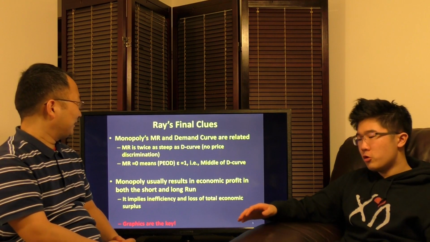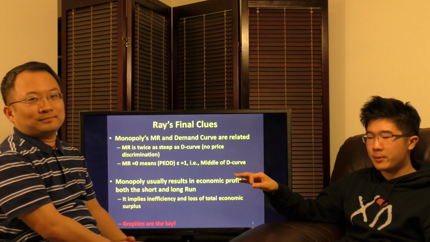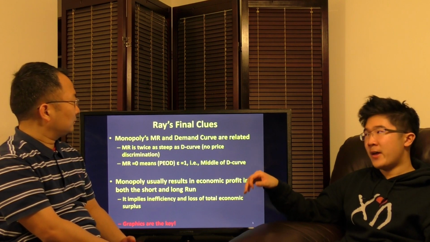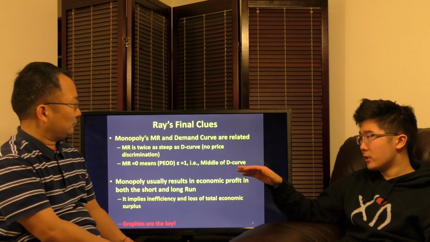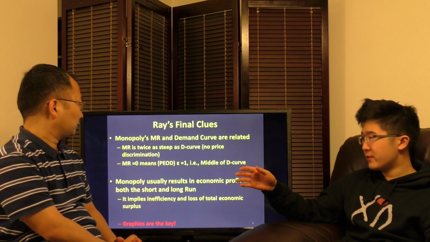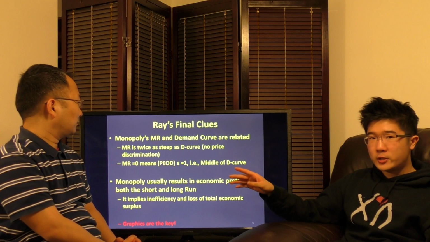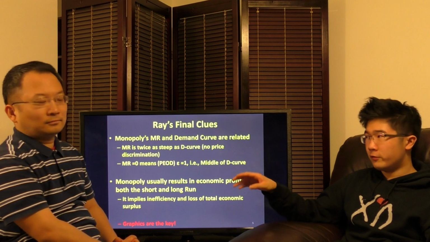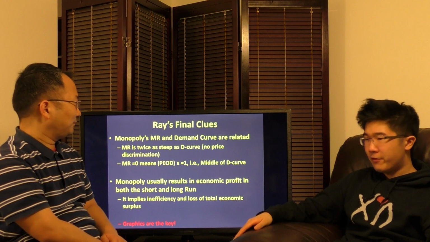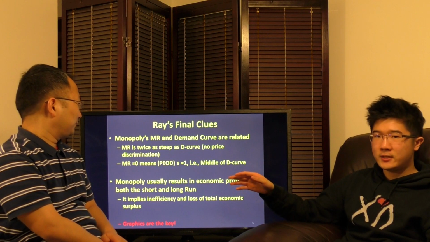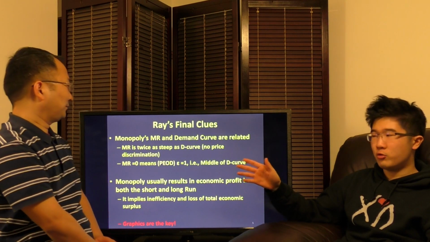So for the final conclusion, a monopoly's marginal revenue and demand curve are related, but unlike a perfectly competitive firm, they're not the same because a monopoly is a price maker, not a price taker. The marginal revenue curve is twice as steep as the demand curve in terms of slope without price discrimination, which we'll talk about next video. When marginal revenue equals 0 at that corresponding production point on the demand curve, price elasticity of demand equals 1, because it's the middle of the demand curve. Yeah. And after that, demand is relatively inelastic, which will cause a monopoly to have negative marginal revenue.